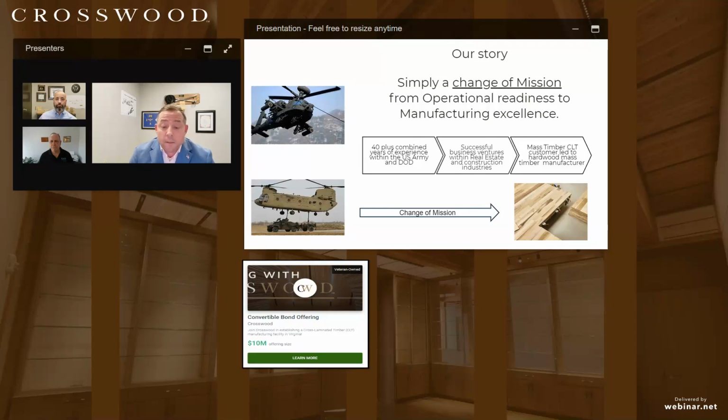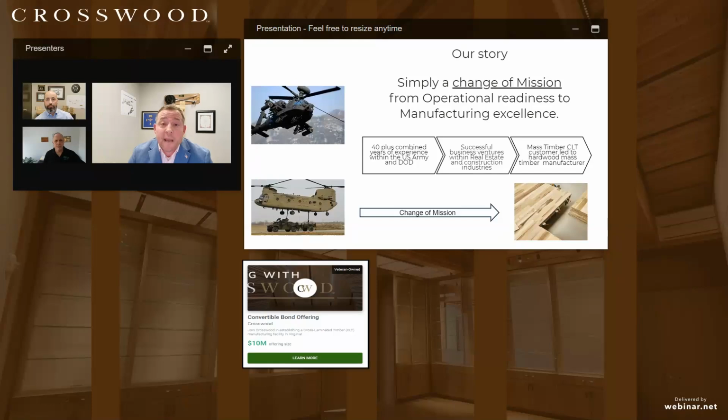I just want to walk you through what has led from the military to Crosswood. As I was transitioning out of the military in 2022, building off of my previous real estate experience and renovations, I was working towards a Class A contractor's license here in the state of Virginia. In my pursuit, I was looking to obtain certifications for traditional timber frame structures. That's when I was exposed to cross laminated timber. I started working with some vendors and exploring that option, and we could not get the panels to build out of CLT here in Virginia.